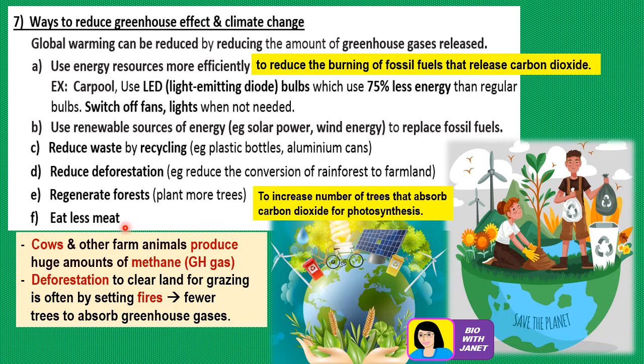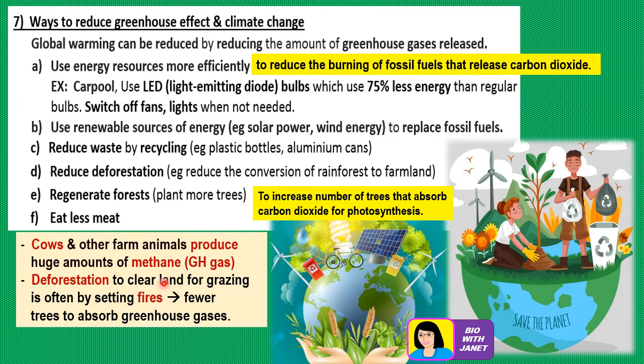And then eat less meat. So eat less meat, what does it have to do with climate change? So it's very important. It has a lot to do with that, because as we found out, cows and other farm animals produce huge amounts of methane gas, which is a greenhouse gas. They produce the gas through burping and also through the back, right? So if there's less demand for meat, then maybe the farmers don't need to have so many cows. Won't have so many cows, right?